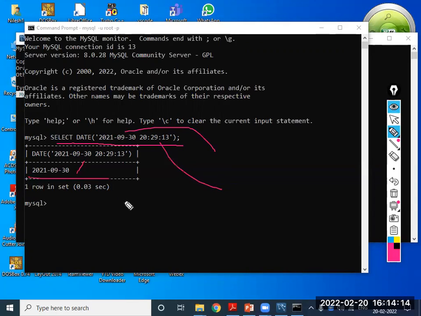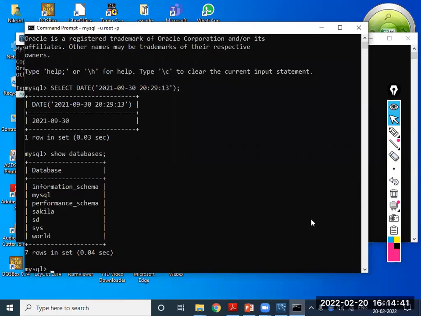Remember, there are two types of commands you have to run. First is the dual table, which is built in, and the other you can apply on an existing table. Now how to apply it on an existing table? First I'll use show databases. I have created one database called SD.